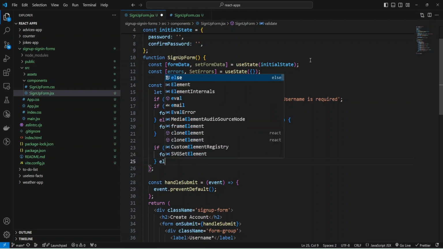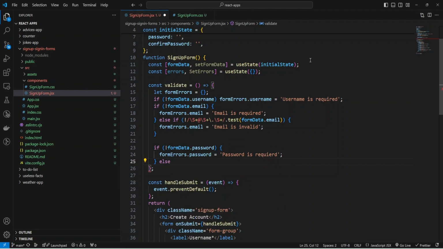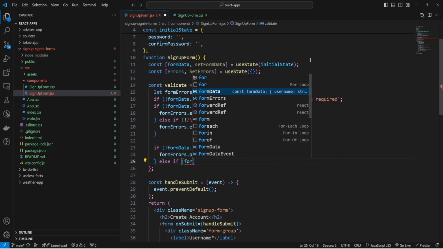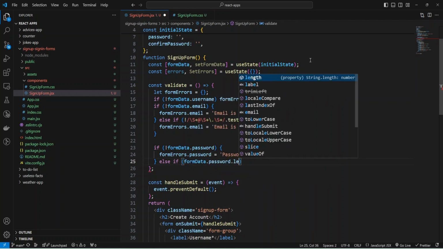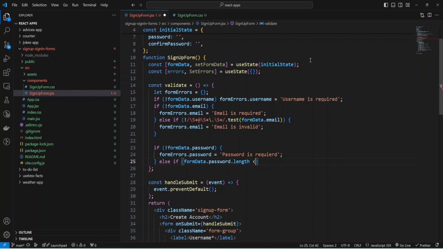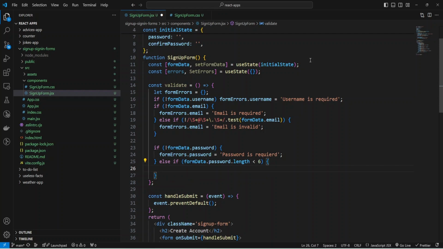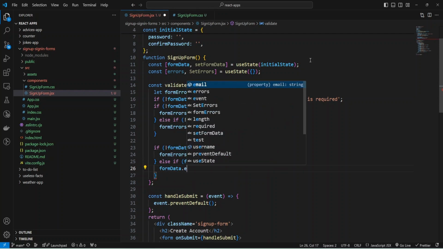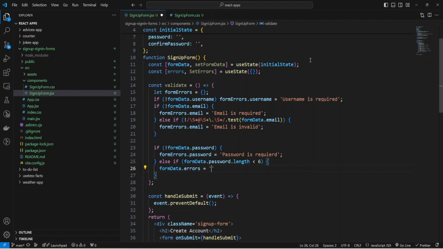And if we have a password, else if, then we need to check the password length, and let's check that formData password length is less than 6 symbols, then we will provide the error formErrors password, and provide the text "Password must be at least 6 characters".